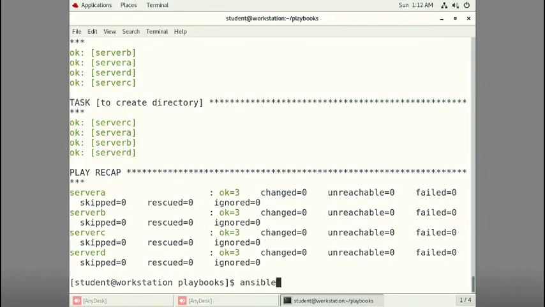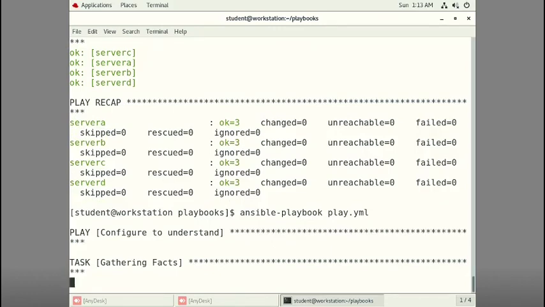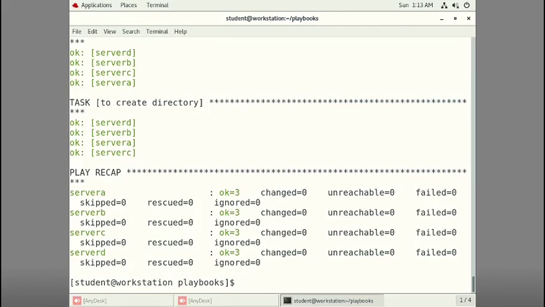After confirming all these things, you can go for running the playbook here. That is the simple way of implementing and writing a playbook.